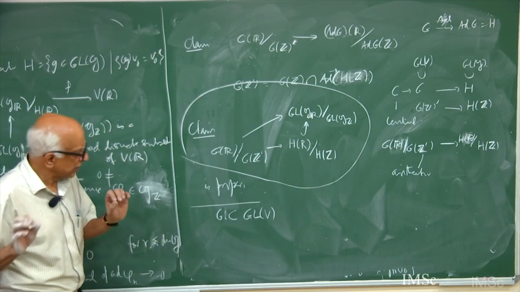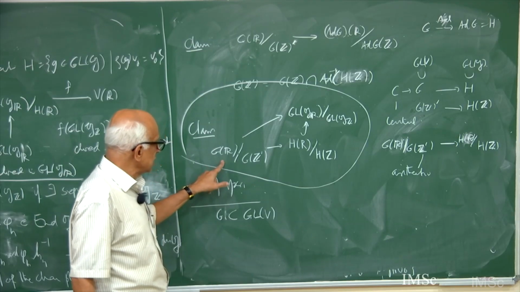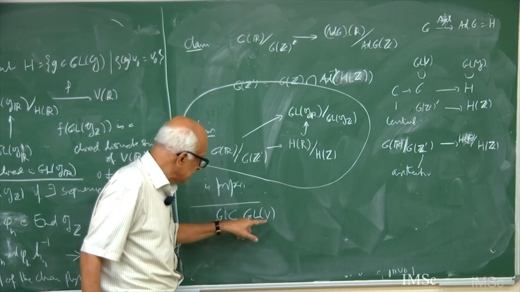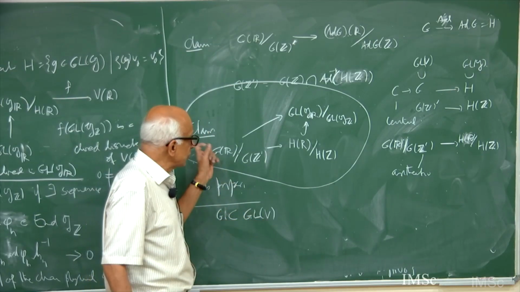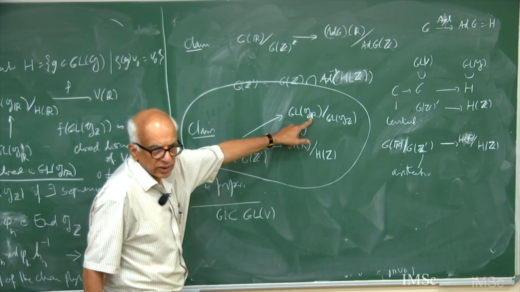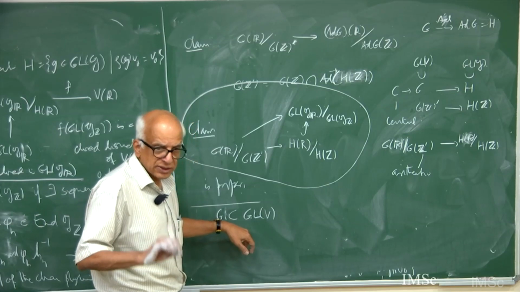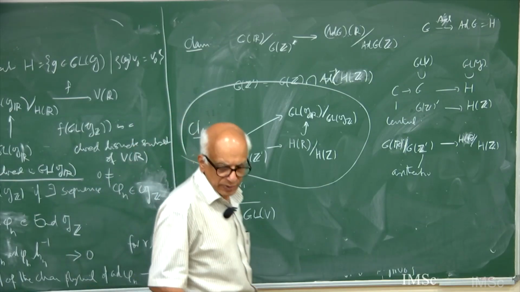Let me just say something. If you have a sequence Gn in GR which goes to infinity in GL(V) modulo GL(V, Z), suppose it does, then I will prove that it also goes to infinity here. And because the mapping GR/GZ to GL(V)/GZ is going to be, that again is proper. So the two steps, if you like,